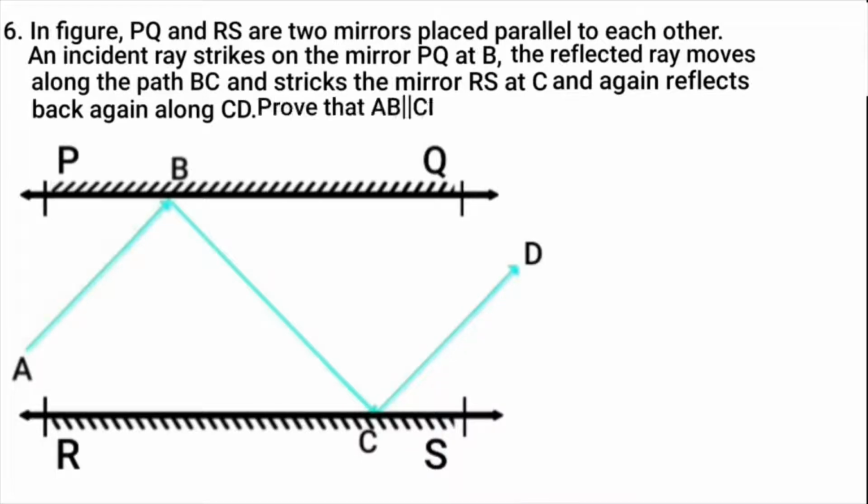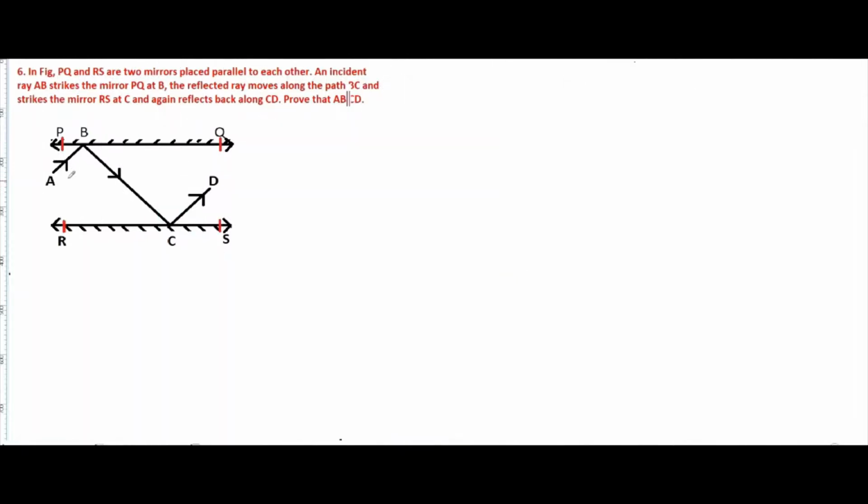We have to prove that AB is parallel to CD. We have to prove that lines AB and CD are parallel to each other. If AB and CD are parallel lines, then automatically BC is a transversal line. So if AB and CD are parallel lines and BC is a transversal line, then angles ABC